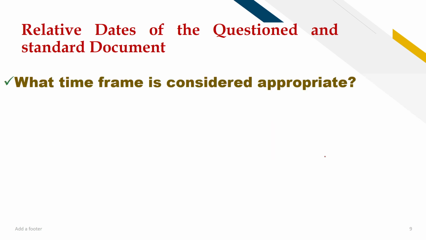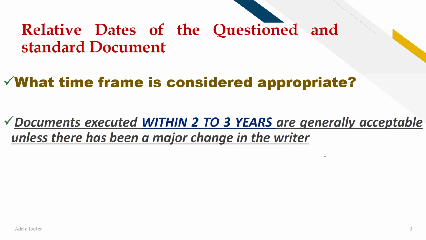Bakit po kailangan natin ng ganong time frame? Yan po, no? So, document, this is the rule. Within 2 to 3 years, upon its preparation is better to get as a standard. Bakit kaya? Sapagkat ang tao ay maaring magkaroon ng deterioration sa pagsusulat or sa pagpirma. Sa paanong paraan? Because health might deteriorate, trauma, or drug addiction, or injury, or sometimes disease might influence the person